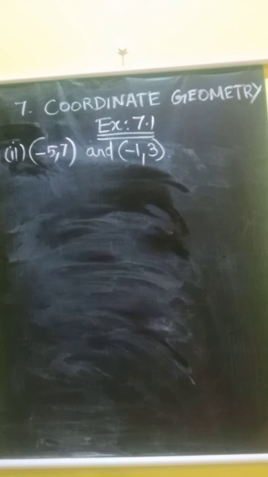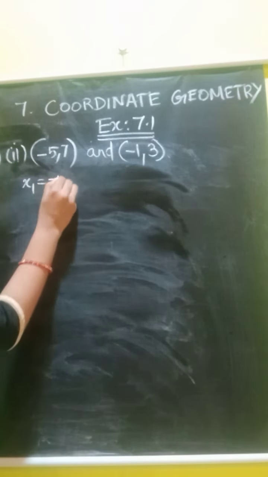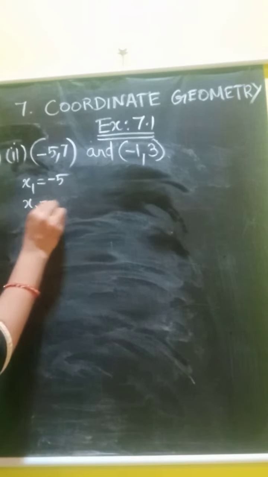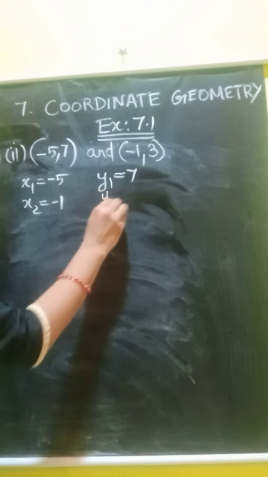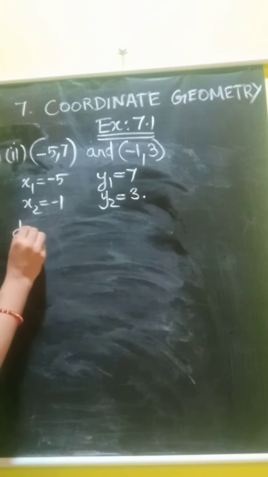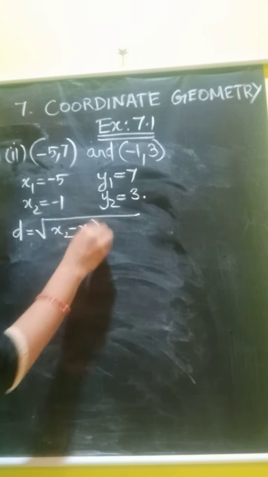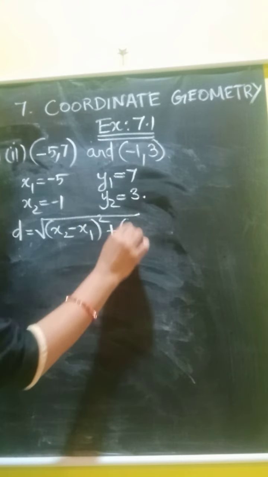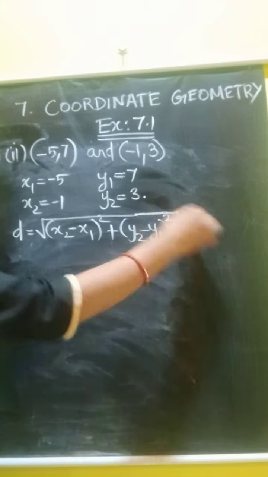Problem number 1, subdivision number 2. The points are minus 5, 7 and minus 1, 3. x1 is minus 5, x2 is minus 1, y1 is 7 and y2 is 3. Okay, so finding the distance using the distance formula, x2 minus x1 the whole square plus y2 minus y1 the whole square all within the square root